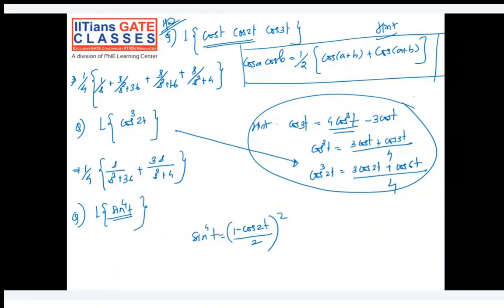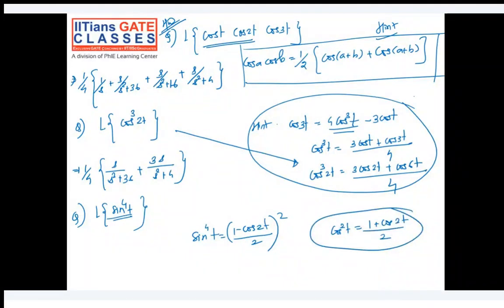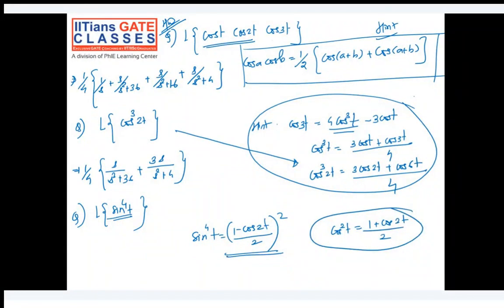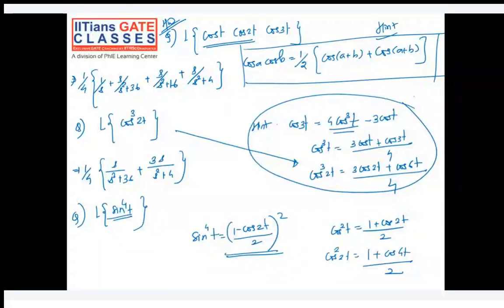And then if needed, you use this formula also: cos square t is 1 plus cos of 2t by 2. So this you may use again, because here you will expand. The expansion of this will be 1 plus cos square 2t minus 2 cos of 2t. And for cos square 2t, you will apply this formula: cos square 2t can be written as 1 plus cos of 4t by 2. Okay, and then you will solve, and the final answer for this I'll give: 1 by 8